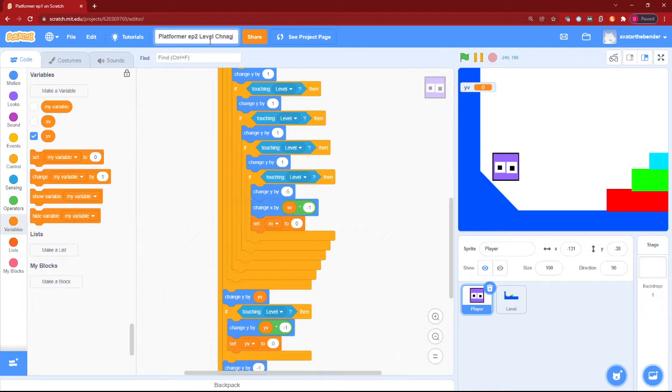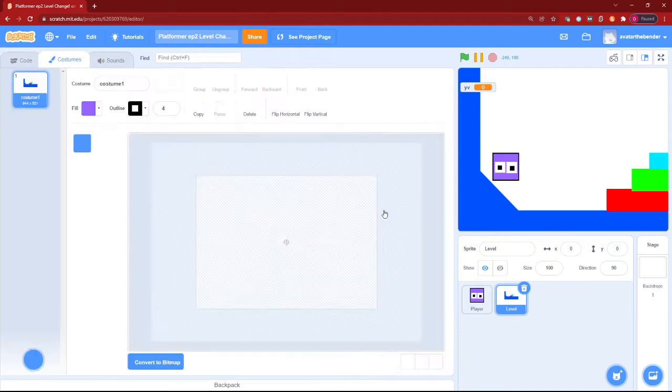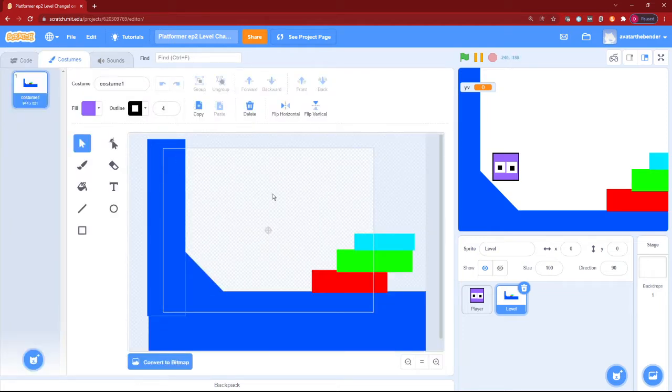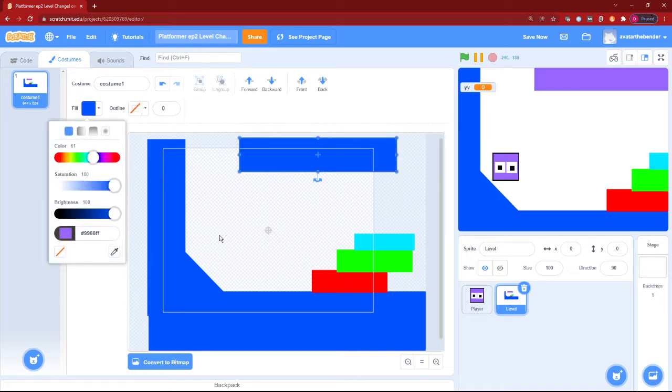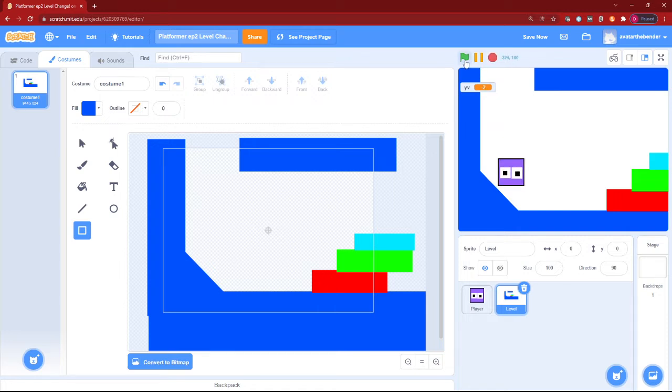Level change! Okay, so we are going to be using the variable trick. I've only made videos for platformers with the horizontal side, but now I'm going to show you how to do it from the vertical too. On the top, you can make a simple little short boundary, so our player has only one place to go up from. There! Okay,